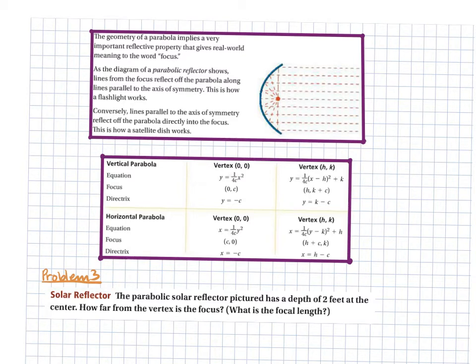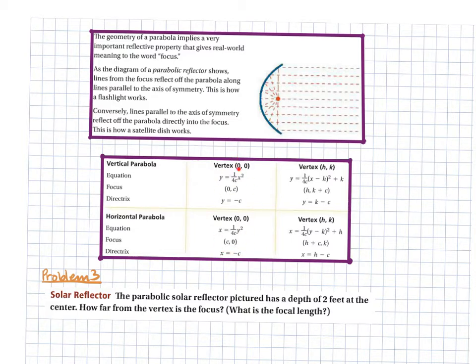And this is how a flashlight works. So conversely, lines parallel to the axis of symmetry are directed off the parabola directly into the focus, and that's how a satellite dish works. See, if it's coming here, boom. Okay, so here we have our table, which shows, and this is what I've been using for the ones